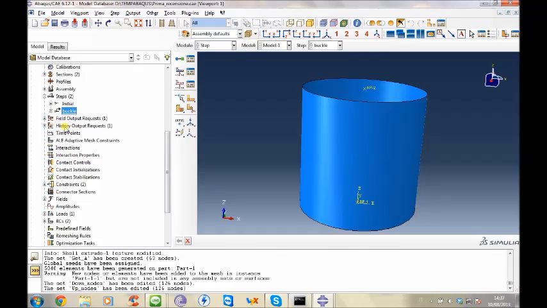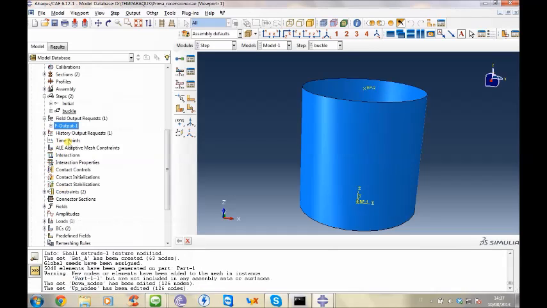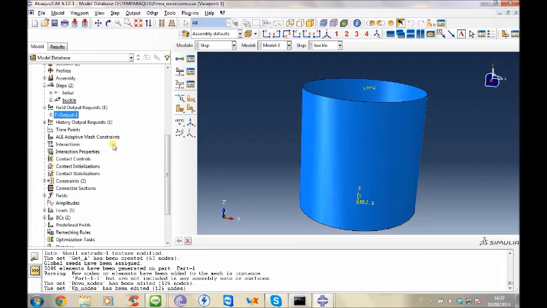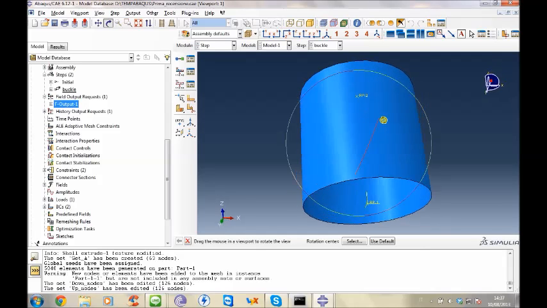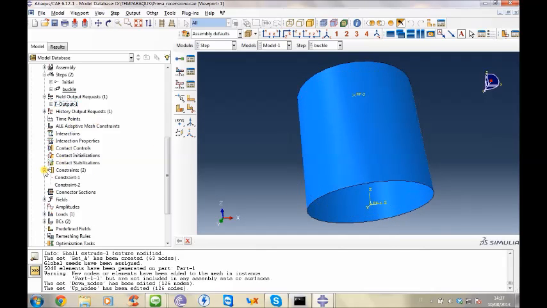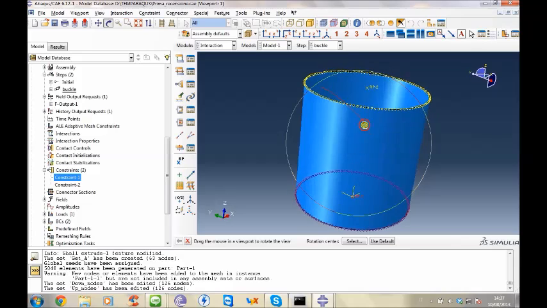For field output and history output, for the simple analysis that we want to perform, a linear buckle analysis, we can use the default preselected fields. And then we have to set load and boundary conditions. Before this, I want to introduce some constraints, and I want to introduce them because